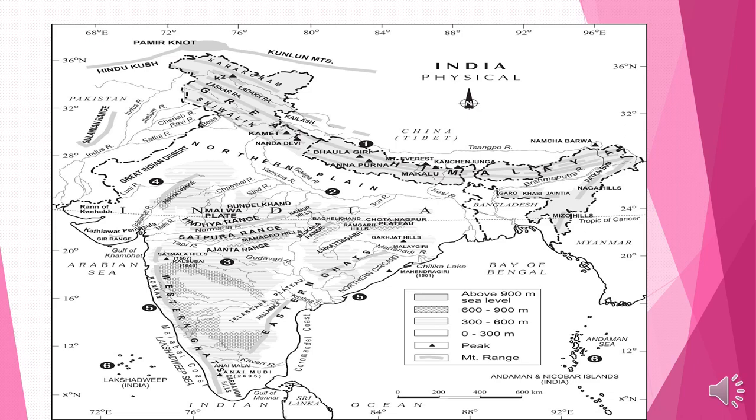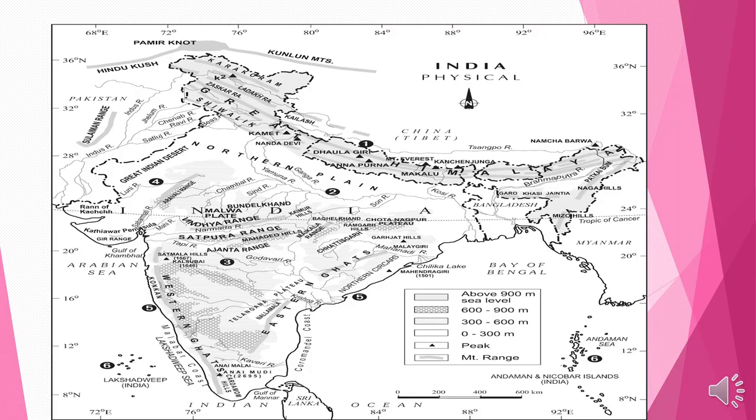And after that, from the Satluj river to the Kali river. The Kali river originates in Uttarakhand. So from Himachal Pradesh to Uttarakhand, it is called the Kumaon Himalaya. After that, from the Kali river to the Tista river, and the Tista river originates in Sikkim. Those areas lying from the Kali river to the Tista river are called the Nepal Himalaya. And those areas from the Tista to the Dihang, the Dihang river originates in Arunachal Pradesh, are called the Assam Himalaya. So we can say that on the basis of the rivers, it consists of four sections.